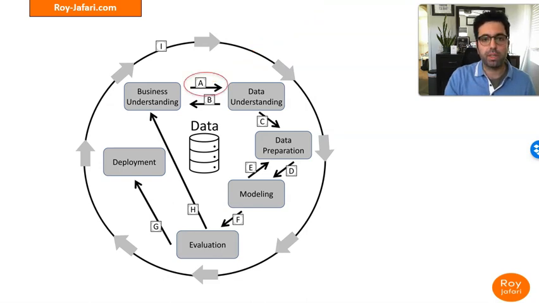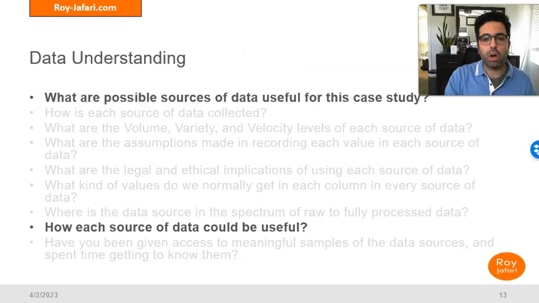So let's start with A, the interactions from business understanding to data understanding. How is that related? If we focus on question 1 and question 9 of data understanding, which are basically these 2 questions: what are possible sources of data useful for this case study, and how each source of data could be useful,